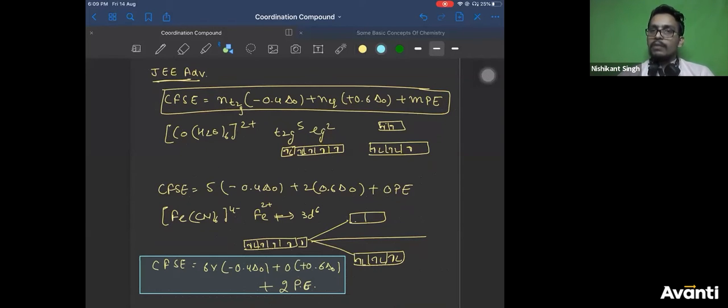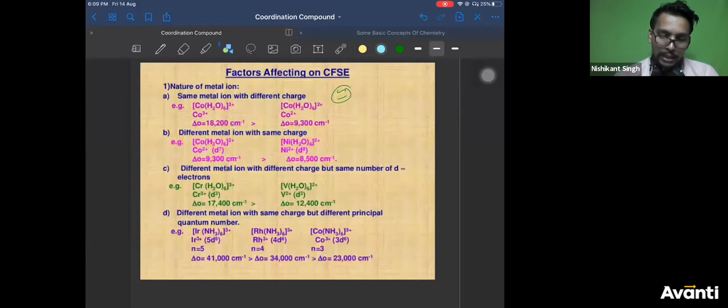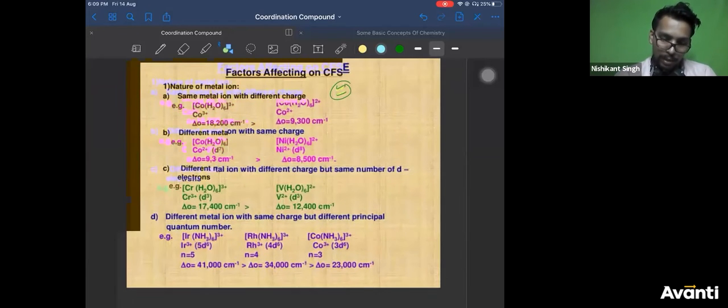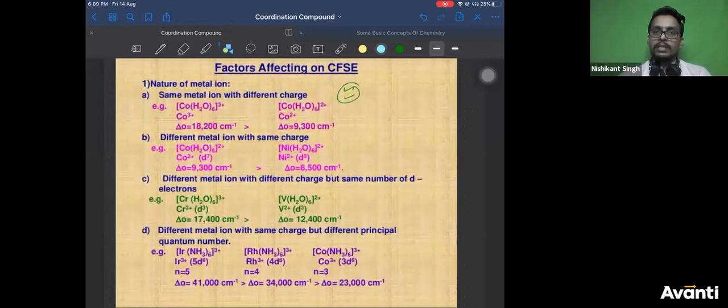Now I have discussed one factor which affects delta O. I'll discuss a few more factors. You can see here, guys. We don't have to take many examples. I have kept everything in one slide. If the number of pairs decreases, it will never happen, Adesh. That case will never come. Don't worry. You will never get that case.